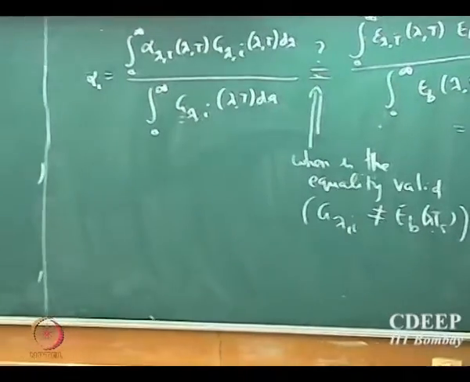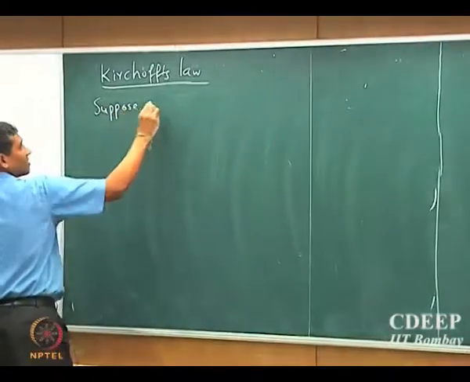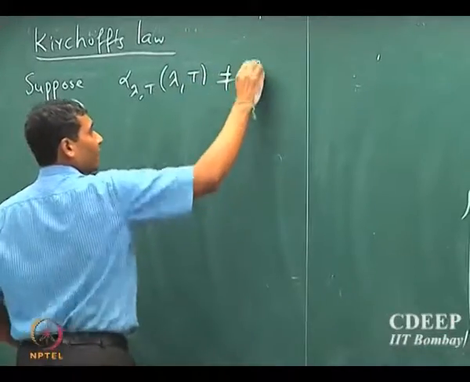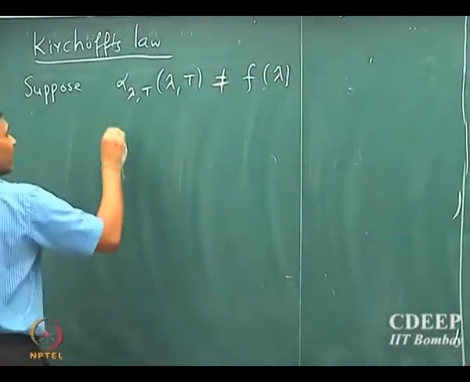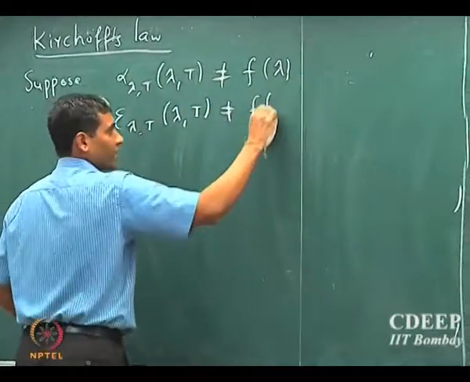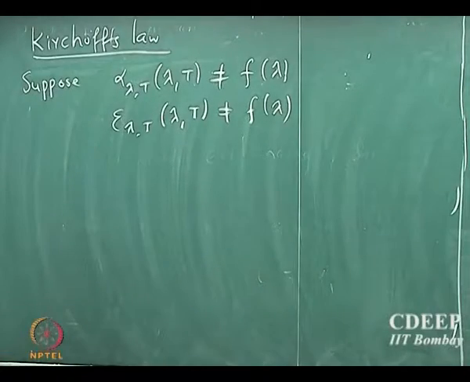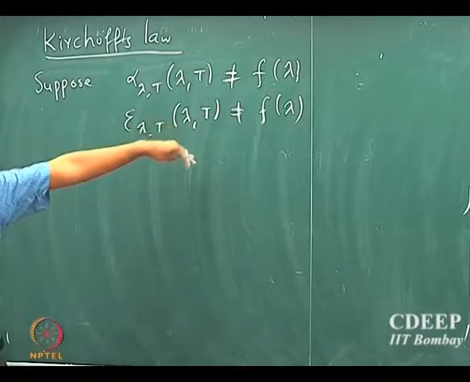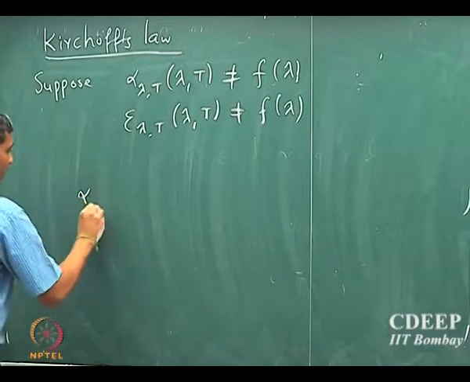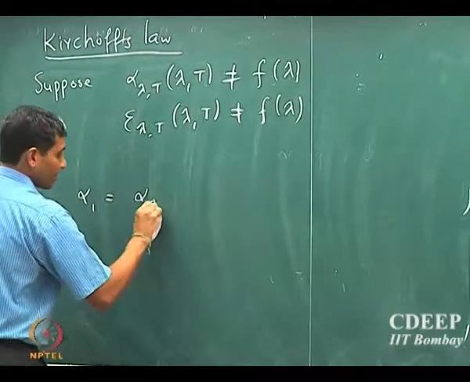Suppose alpha lambda is not a function of lambda, and similarly epsilon lambda t is not a function of lambda. If both are not functions of lambda, just accept for a moment that it's possible, and I'll describe in a minute how it is possible. Supposing absorptivity and emissivity are not functions of lambda, then these integrals essentially boil down to